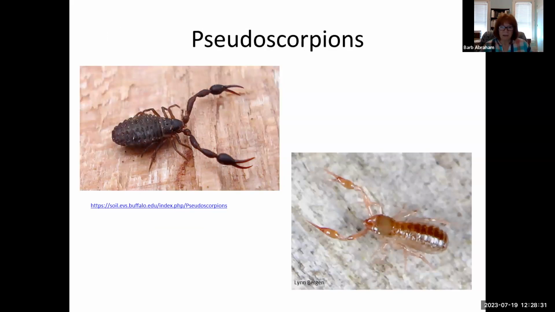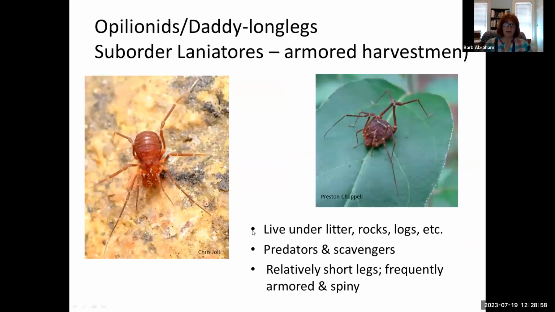Okay, pseudoscorpions. I showed you how tiny these were at one point in time. You see the chelate or pincer-like pedipalps. They still have four pairs of legs. Those are not legs. And they can hold on to the small soil organisms that they eat. And remember that none of them get up to an inch long. They are quite small. Some of them very tiny. And again, I'll show you them later.